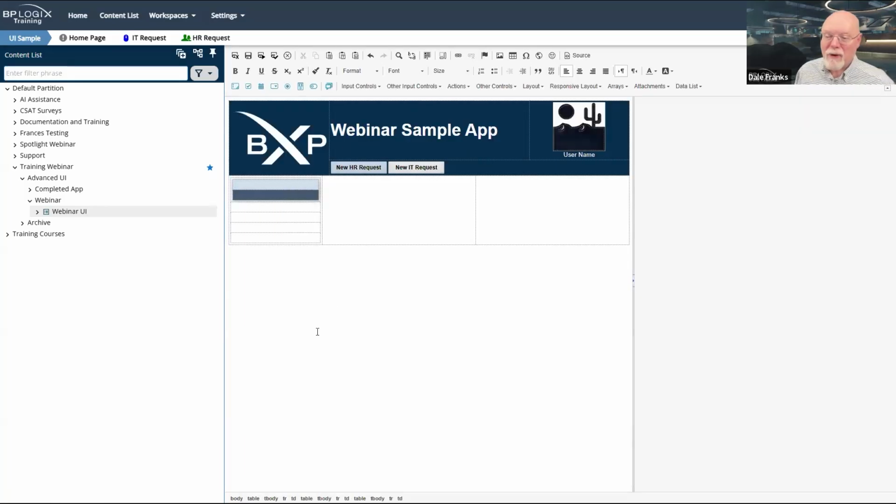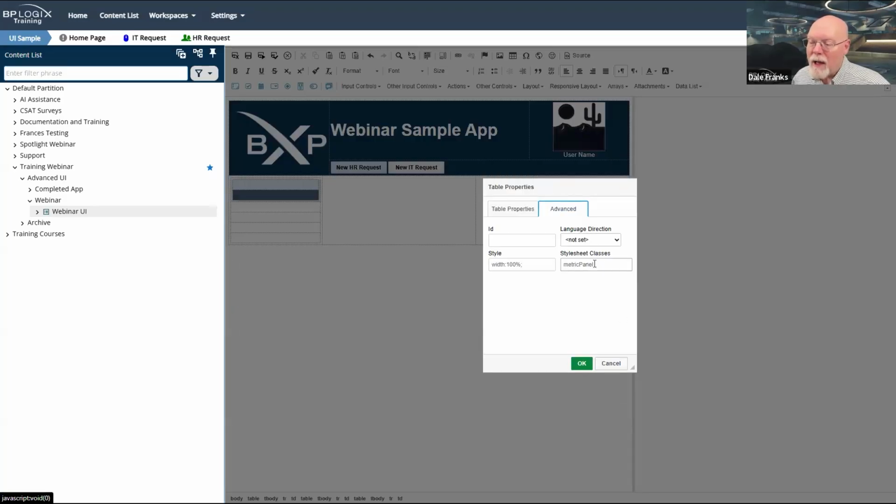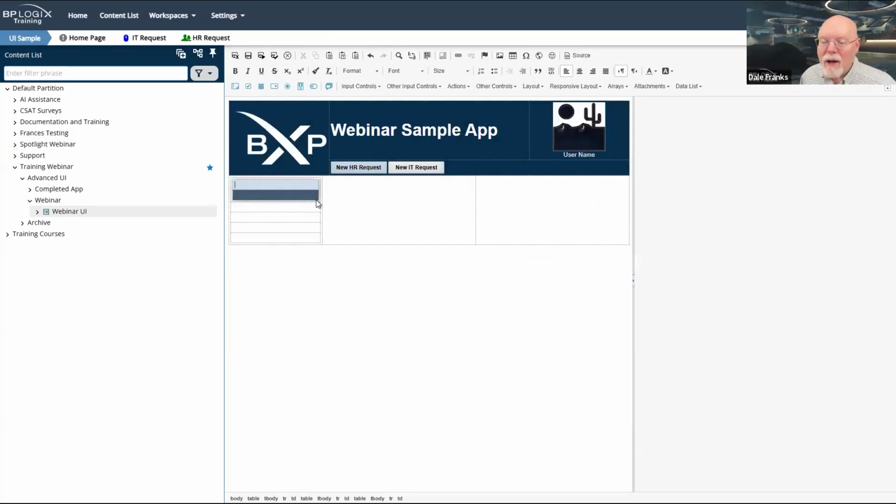It is the proper syntax. It's hard to see, but my table now has that little drop shadow around it because I went into the table properties, went to the advanced tab, and just put in the name of that style, which is metric panel. And now it shows me my little drop shadow. Now I'm going to have to repeat this 2 more times, but we'll get to that in a moment.